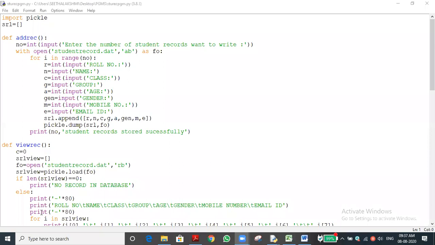I mean, here we are storing into a binary file, as per our homework, I'm saying, isn't it? So what is the thing? The number of records we want to write, that is, whatever we want to store, we can use a statement. That will be stored in one variable.